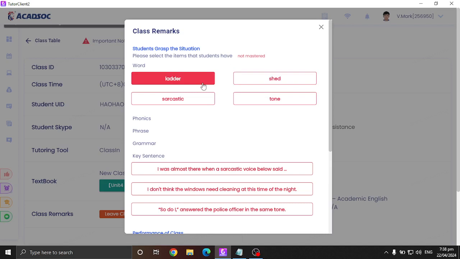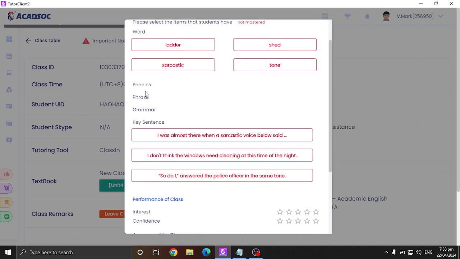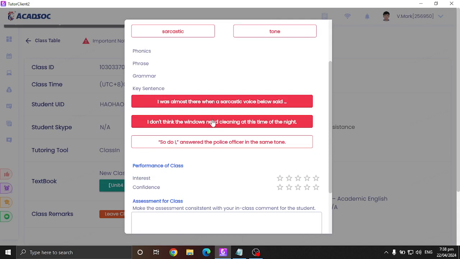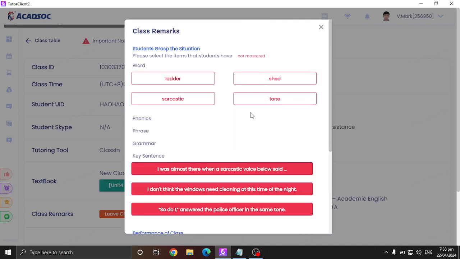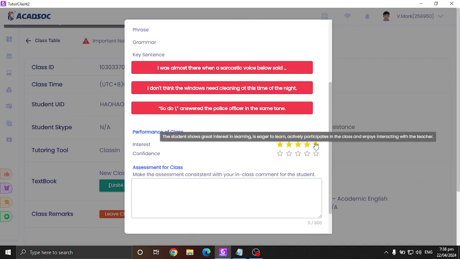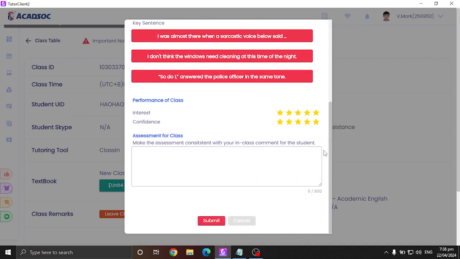Well, he already mastered everything here for the pronunciation. So for now, we're gonna do phonics, phrases, key sentences. All right, just need to put a check mark on everything here, and then this one just need to make some documentations,